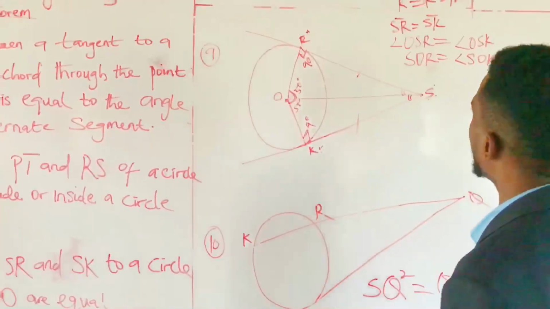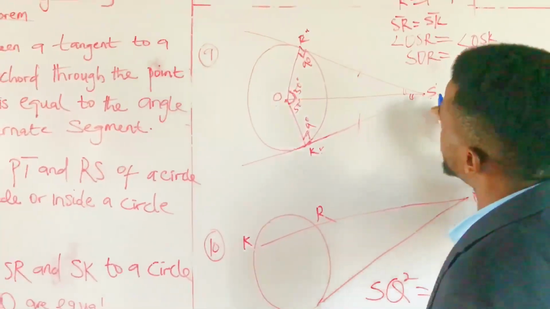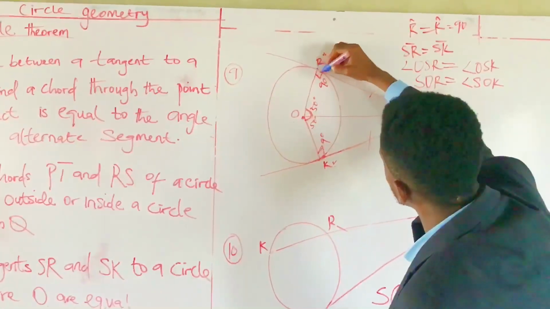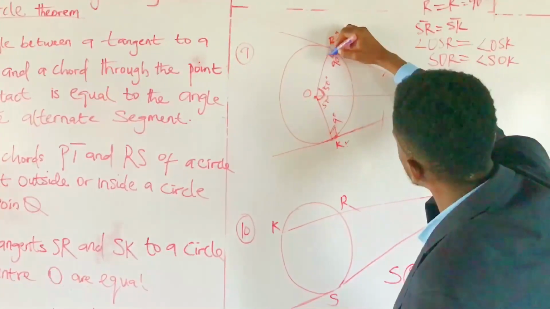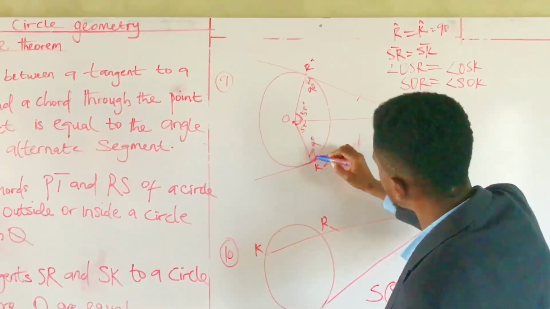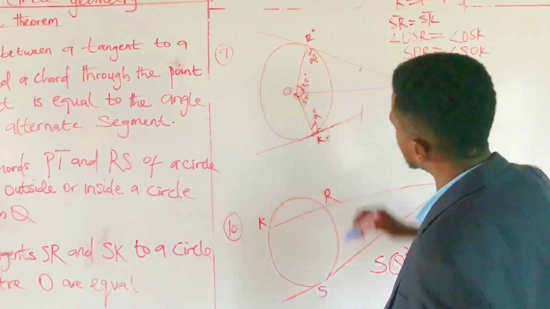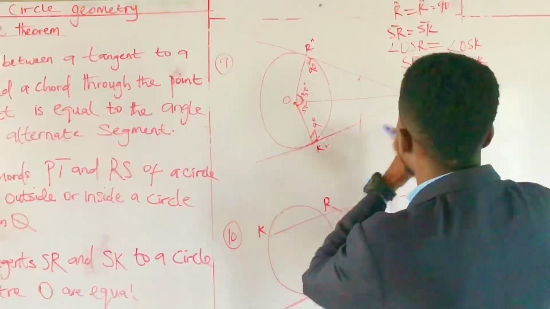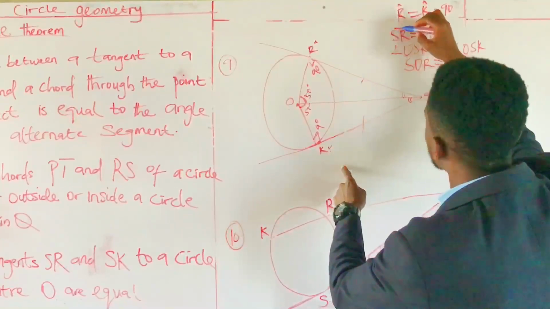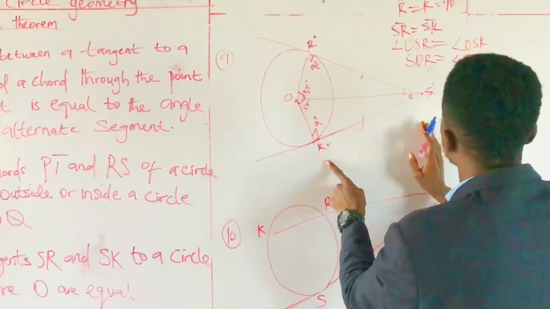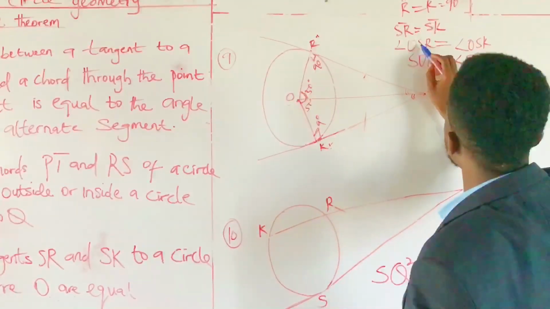Are you seeing it? Now, it does not stop there. It also shows that, look at this point, this angle here and the angle here, they are equal. And they are also equal to 90 degrees. Now, line SR and SK, they are equal. I've said that one. Now, angle